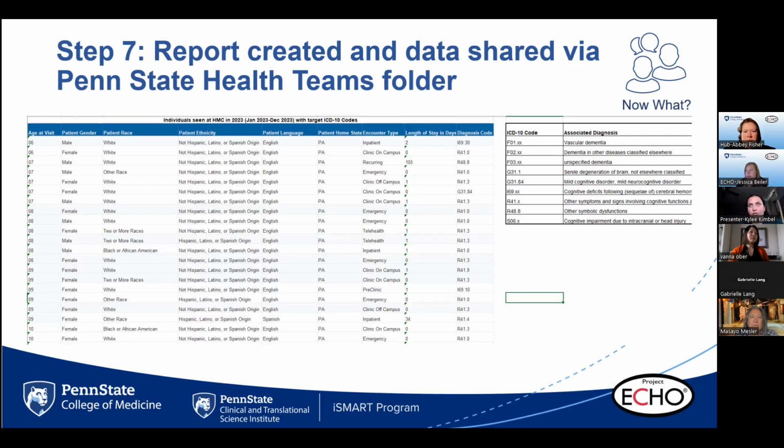For the final report that this is referring to, there were about 5,000 different individuals. There are a lot of different options, and how this is currently set up, it gives you the ICD-10 code, and there's a little key on the side of the screen that tells me what the ICD-10 code is. Then the other variables we were looking at, like race, gender, age, all of that. So it's really about becoming familiar.